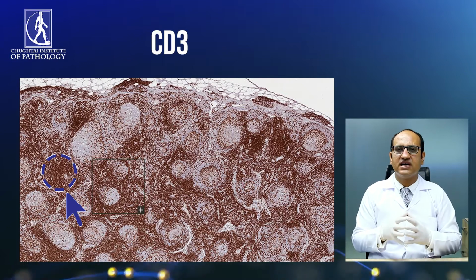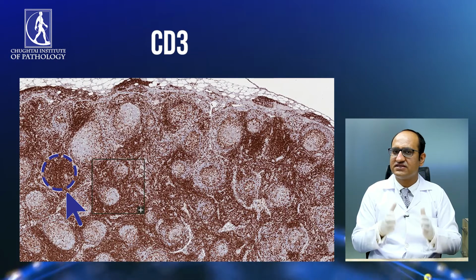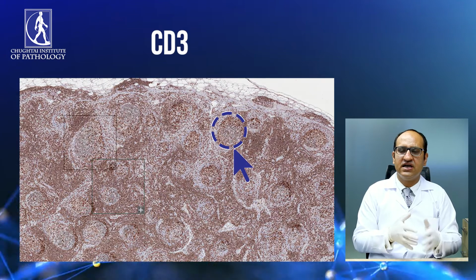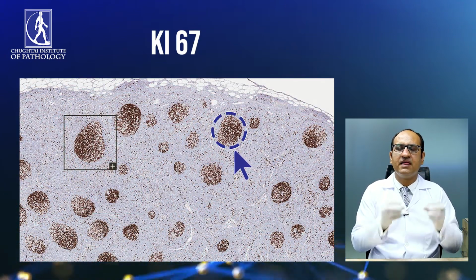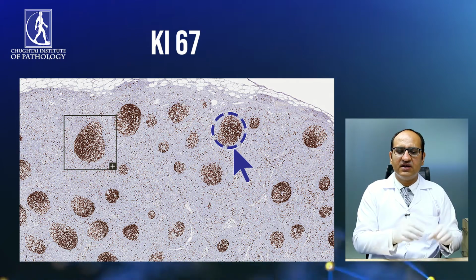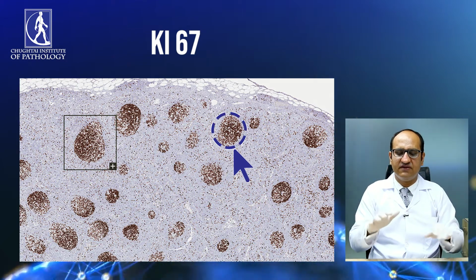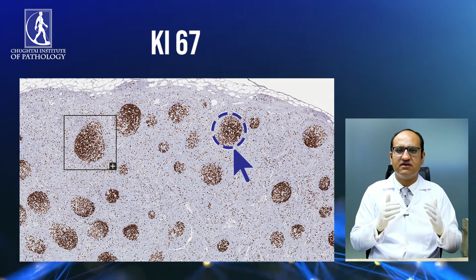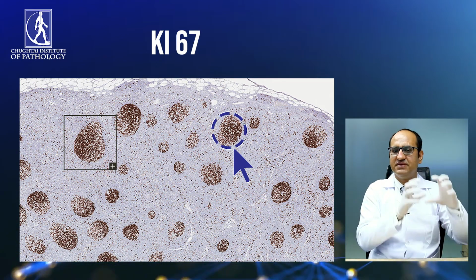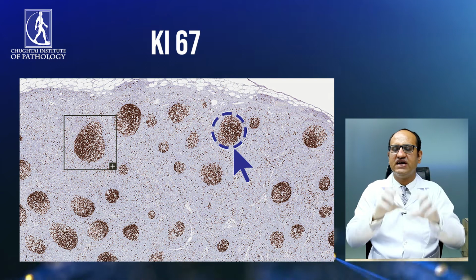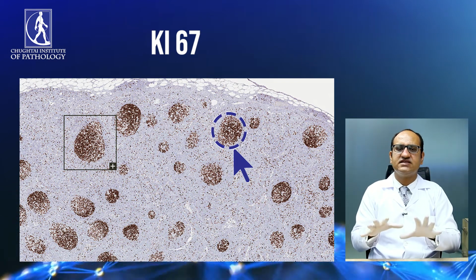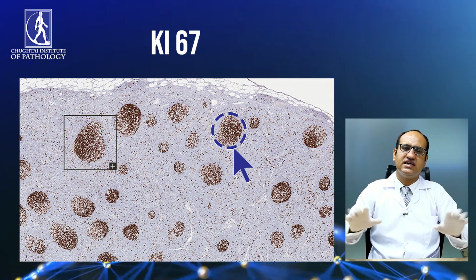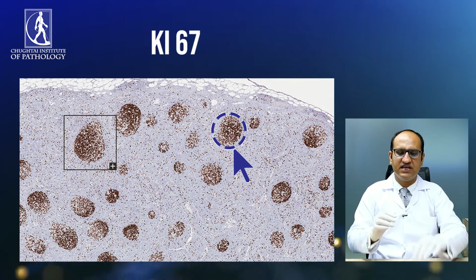The other immunomarker that is important for diagnosis of lymphoma is the Ki-67 proliferation index. Ki-67 index normally is seen in the germinal center of the lymph node. It's negative in the rest of the lymph node. So to diagnose a case of reactive lymph node, you need to have the B cells in their specific area, you need to have the T cells in their specific area, not crossing their boundaries, and Ki-67 should be in the germinal center or should be less than 25% of the entire lymph node.